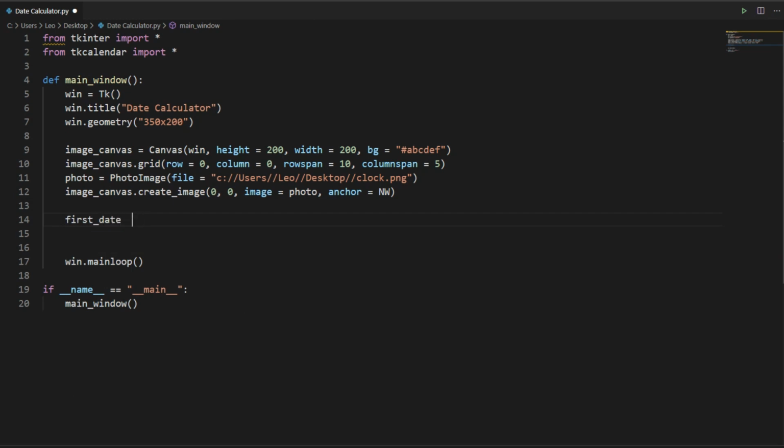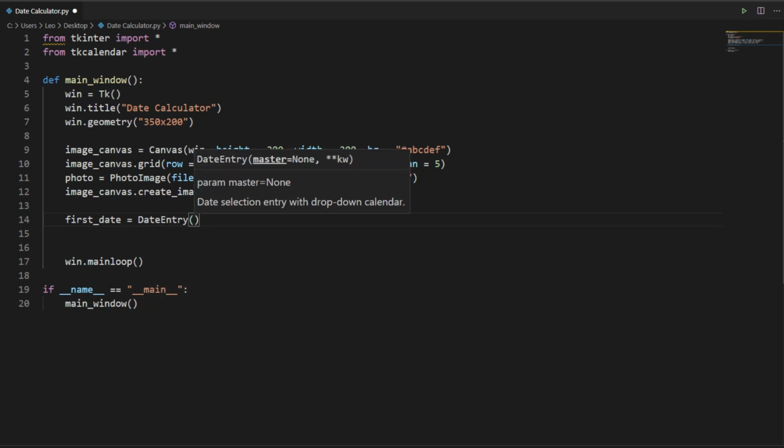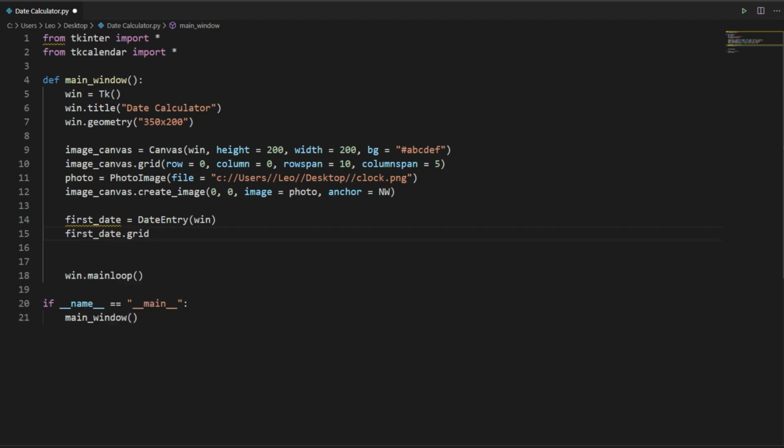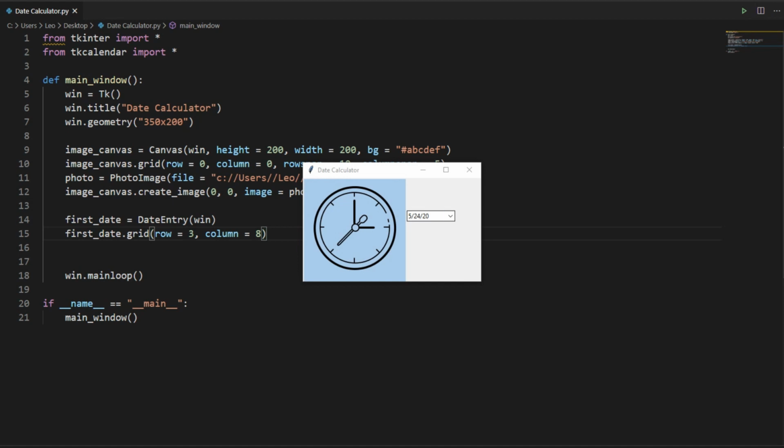First date equals DateEntry, and we need this date entry inside our window, so we'll just pass win over here, and then we'll grid this into our window. So it will be first date dot grid, and we can use row equals, let's say 3, column equals 8. Okay, let's try and run this. Yes, we have our calendar over here.